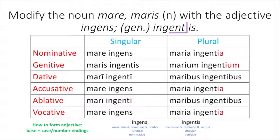Hopefully this is what we have. Dative will be mari ingenti. Accusative will be mare ingens. Remember that neuter rule where the nominative and the accusative and vocative are all the same forms. Ablative, mari ingenti. Here we have an I because neuter third declension adjectives follow our neuter I stem rules. So mari ingenti with that I in the ablative singular, vocative mare ingens, maria ingentia, again following our third declension